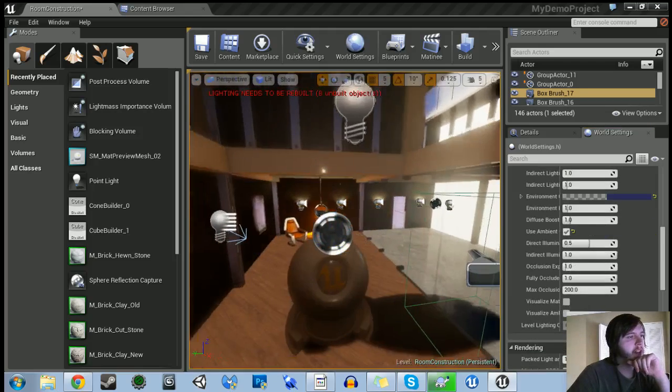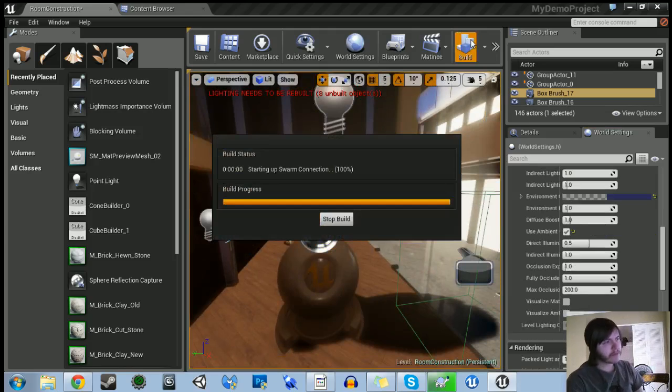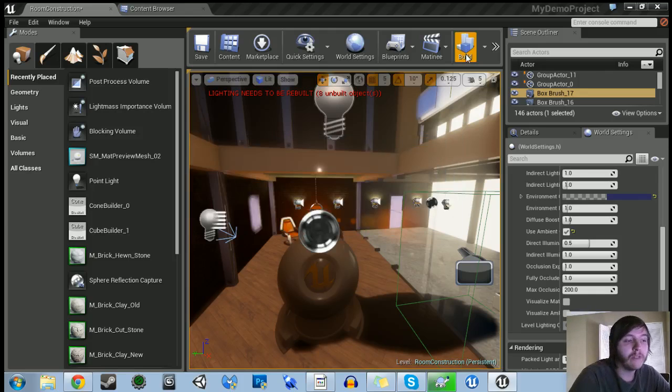But with this new object added, let's just go ahead and build lighting real quick. It does still use Swarm, that still exists, but the lighting is way, way better in terms of the calculations. It looks way better. You'll see once this bakes, we'll see how this looks overall. It doesn't take too long. It takes about the same amount of time, which is nice, especially based on how much crazy stuff goes on with this new engine, with all the real-time lighting and everything, all the crazy particle effects you're going to have,